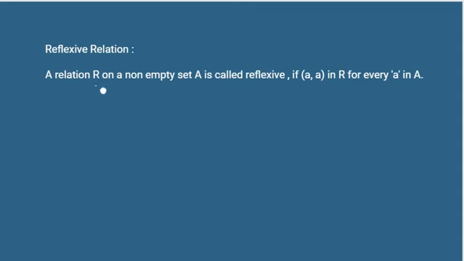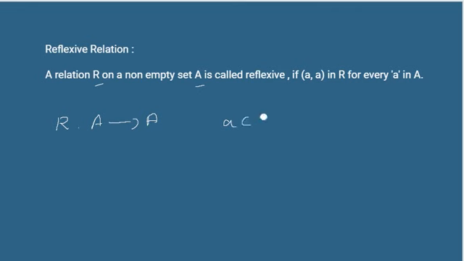Let A be the non-empty set, and let R be a relation defined on A, that is, a relation from A to A. Then R is said to be reflexive if